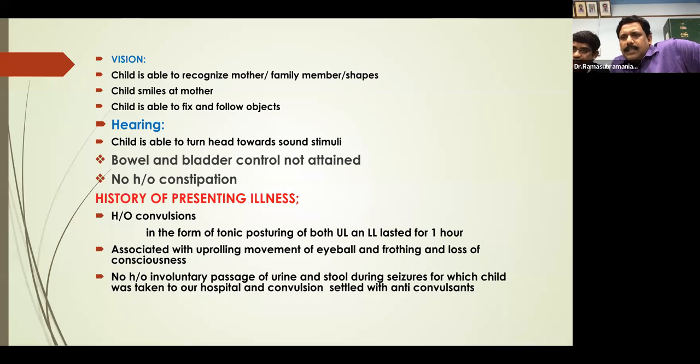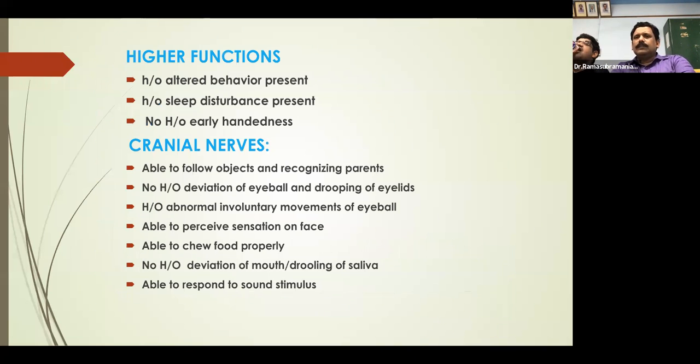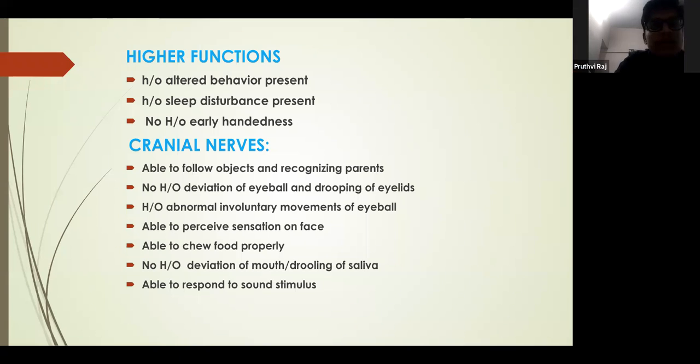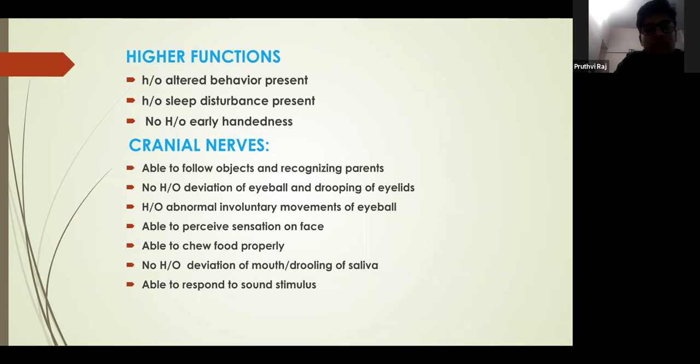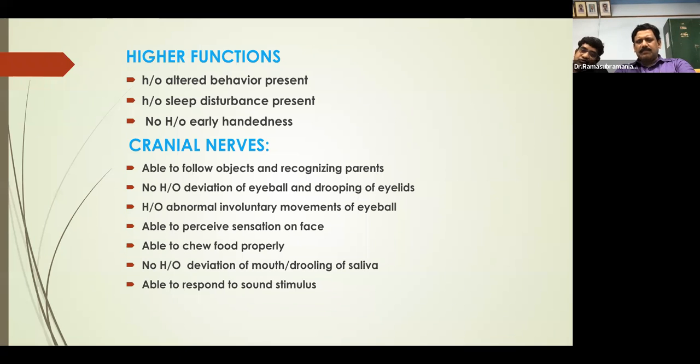The present illness: the child has presented with seizures which lasted for 1 hour. Continue. So altered behavior, sleep disturbance. What sleep disturbance do you expect? Why do these children have sleep disturbance? Due to the insult to the brain, sir. They can have seizures, electrical activity may be there. They'll have what is called obstructive sleep apnea. So they will have sleep disturbance